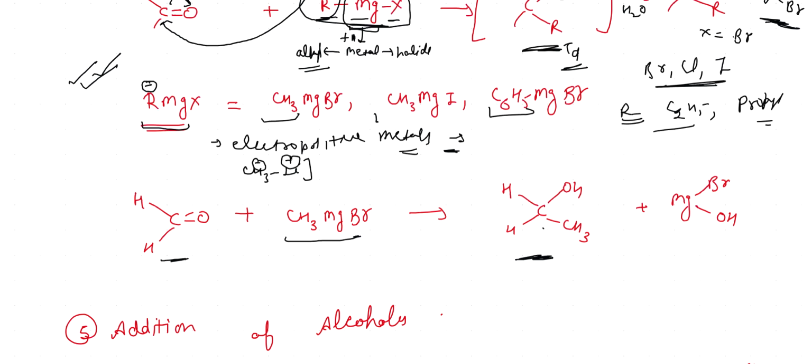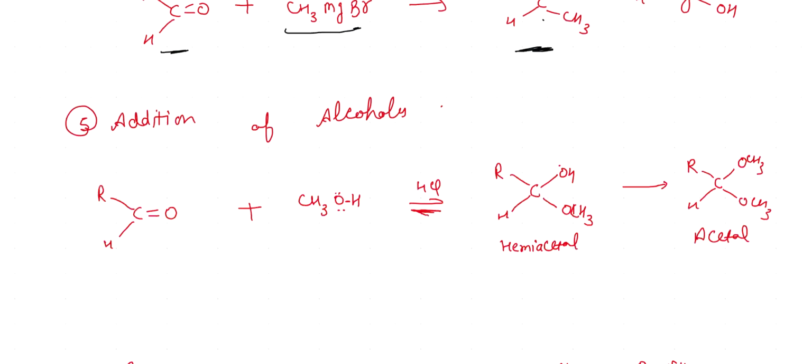The last one is addition of alcohols. Clear? So alcohol, how to identify alcohol: there is presence of OH group. That functional group is identified as alcohol. When alcohol is treated with these carbonyl compounds, this OCH3 is the nucleophile, because here there is partial